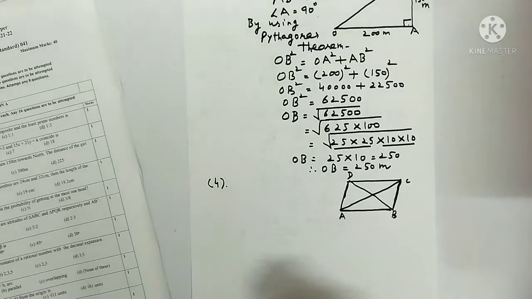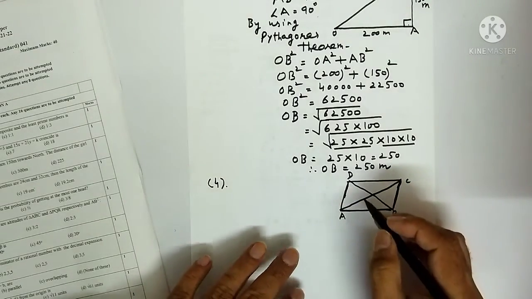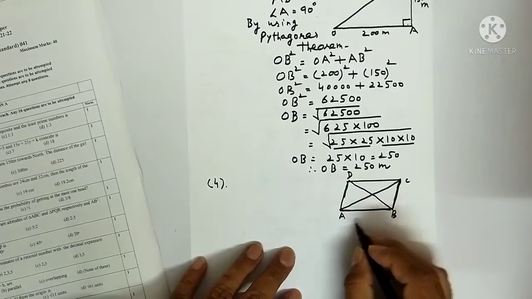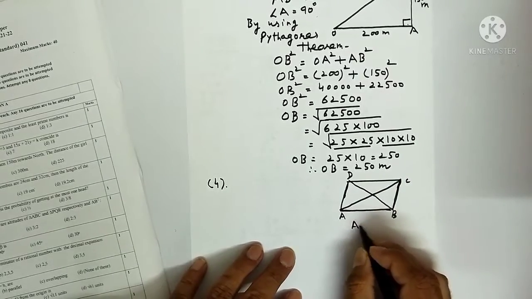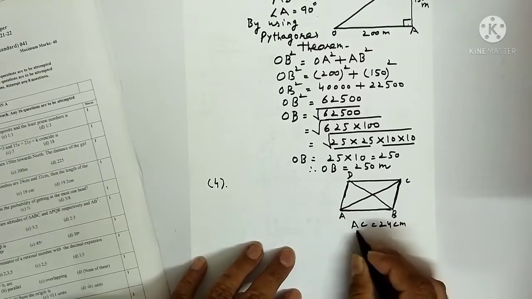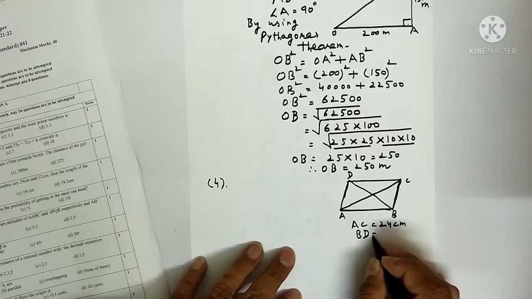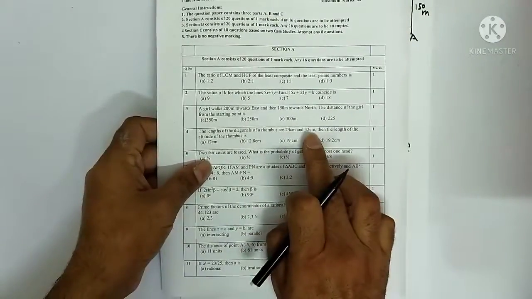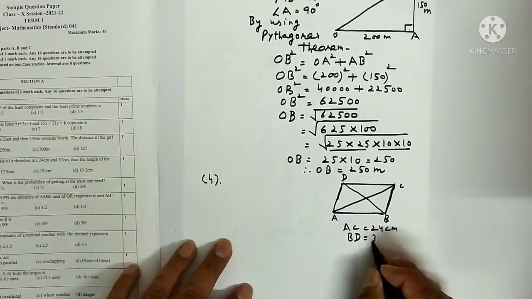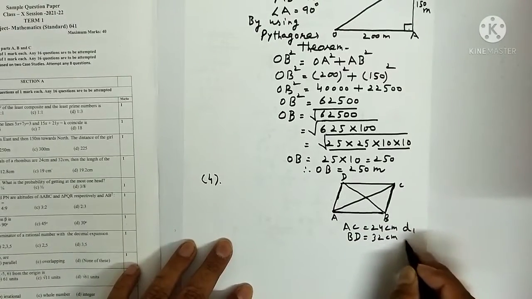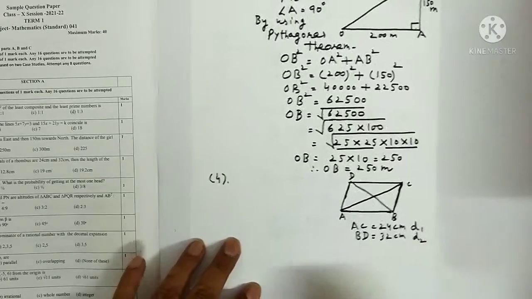So you know the property that diagonals of a rhombus bisect each other at 90 degrees also. The lengths of the diagonals are given, like you can say that AC is 24 centimeter. He has given the lengths of diagonals. BD can be assumed as, you can see here 24 and 32 are given. BD I am writing 32 centimeter. I have named it D1 diagonal and this is D2 diagonal.